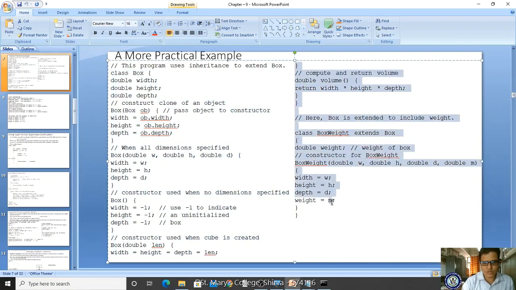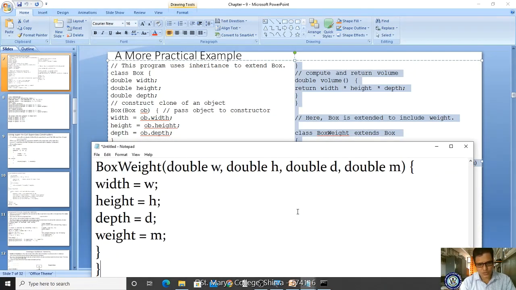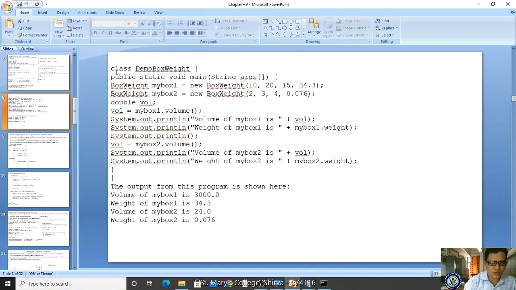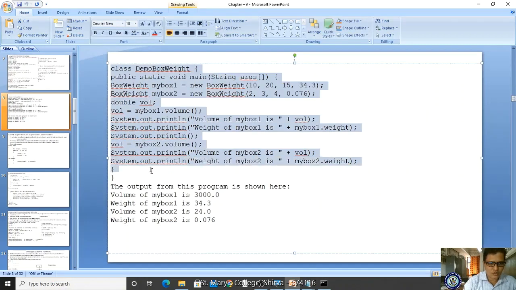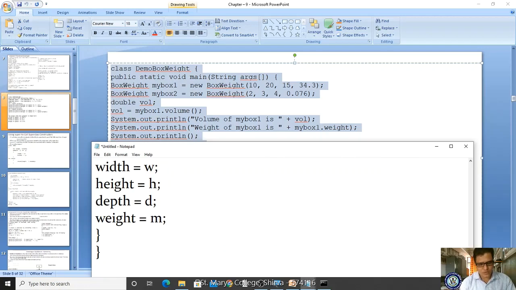Here the program doesn't end. I'm copying in the same notepad. I'm pasting. Here also the program has not ended, it has moved to the next slide. I'm copying and pasting. Afterwards I am pasting.